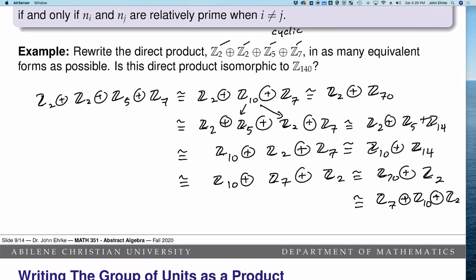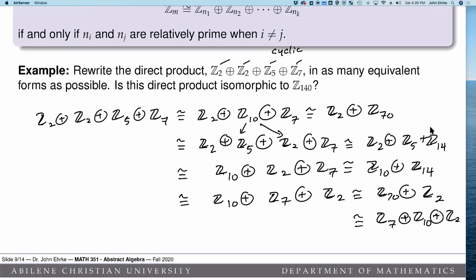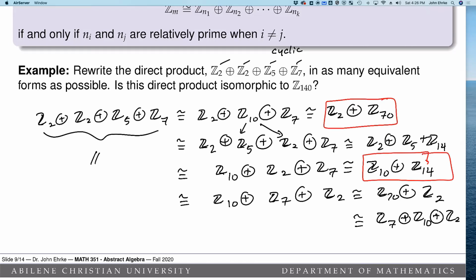But here's the thing, I keep running into a barrier here because I want to take one more step and combine all of them, but I can't do that no matter how much I want to. When I get down to 2 of them, I decomposed it down to 2 products here. And in both cases, 2 is not relatively prime to 70, so I can't combine these. 10 is not relatively prime to 14, so I can't combine these. So my point is that this thing right here is not isomorphic to Z140, and that's because Z140 had a